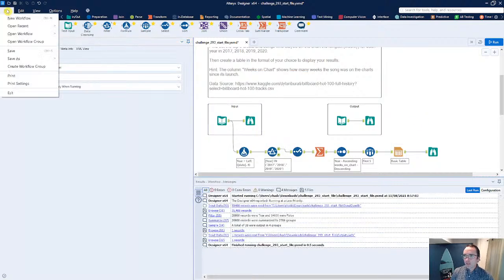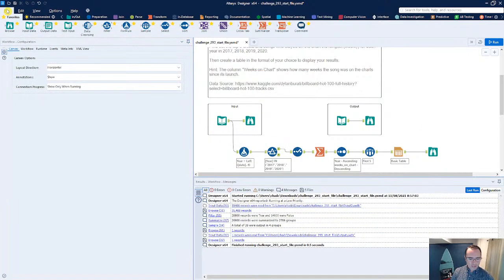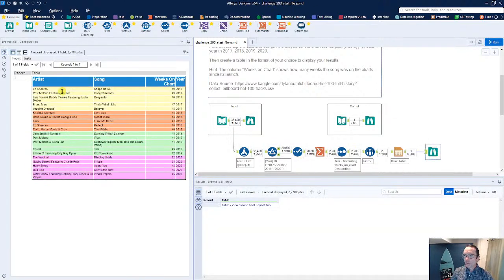Close. I'm going to go ahead and file, save this, and do another Control R to run the workflow. Our overall output does have a little bit more of some details, something a little bit more customized. So we have that data. We have the weeks on chart. Everything's been updated a little bit for a better format.